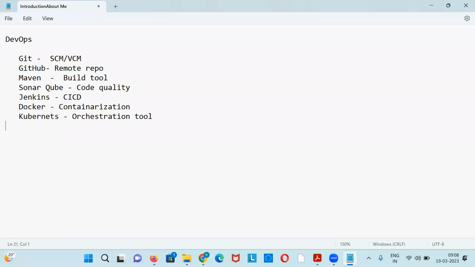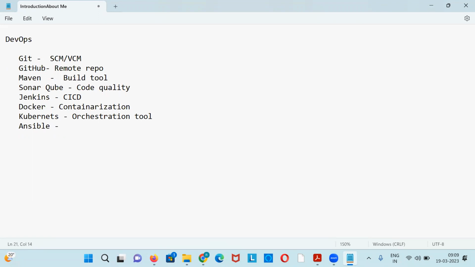Then Ansible. Ansible is configuration management. Why should we learn Ansible? For example, you have 200 production systems in your production environment, and you want to install or configure something on all 200 servers. How will you do it? Again, an automation tool is required to deploy one software on 200 servers. If you do it one by one manually, how much time will it take?